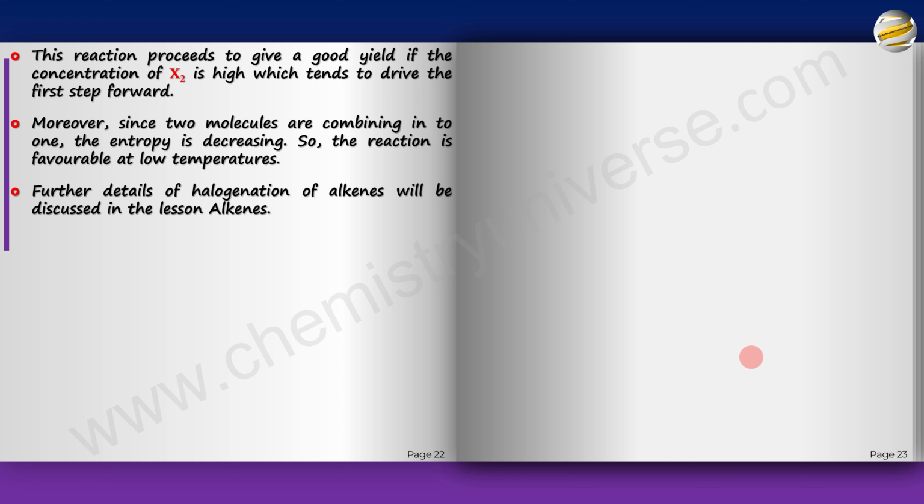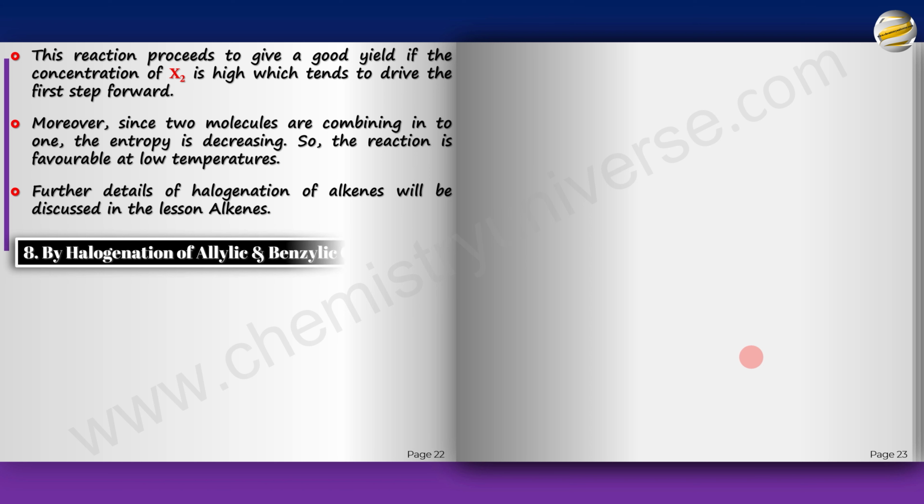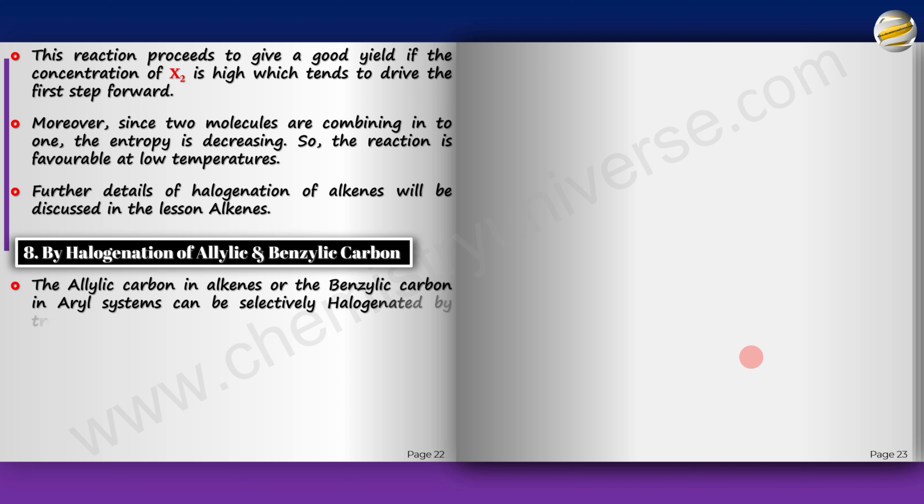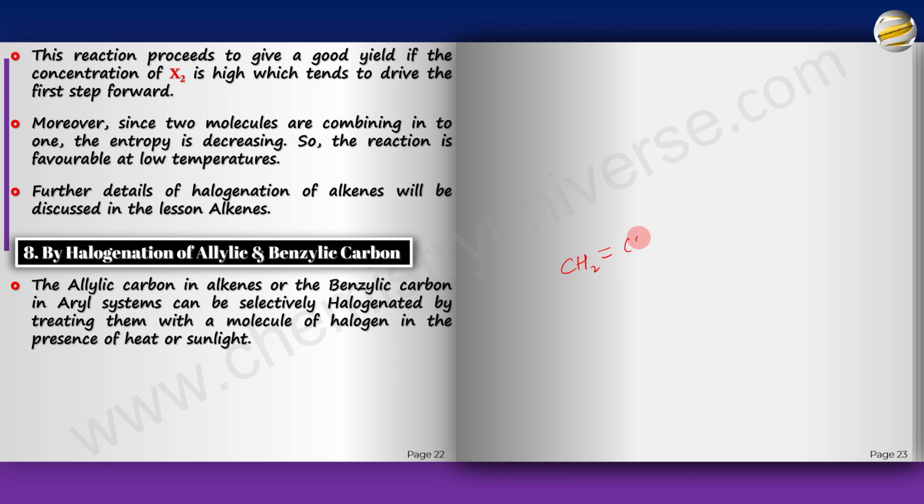And then we do perhaps the last reaction of this video, and that is halogenation of allylic and benzylic carbon. Now the allylic carbon in alkenes or the benzylic carbon in aryl systems can be selectively halogenated by treating them with a molecule of halogen in the presence of heat or sunlight. Now remember, what is allylic carbon? It is attached to the vinylic carbon, remember? This is allylic carbon. Now we can selectively halogenate this, or for that matter, benzylic carbon. We can selectively halogenate this carbon